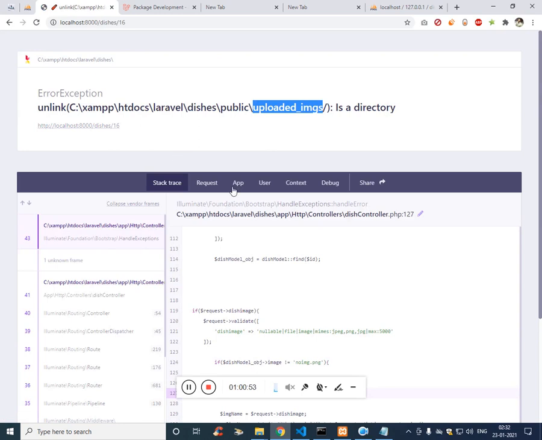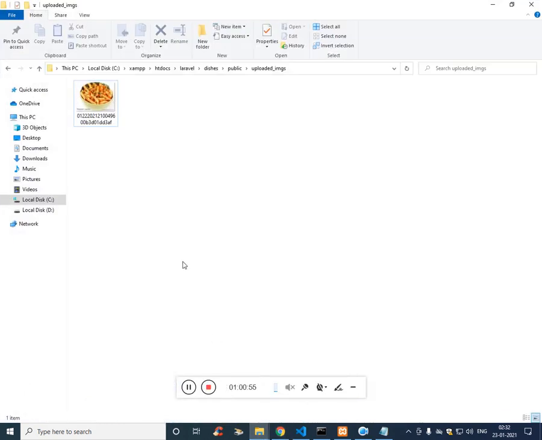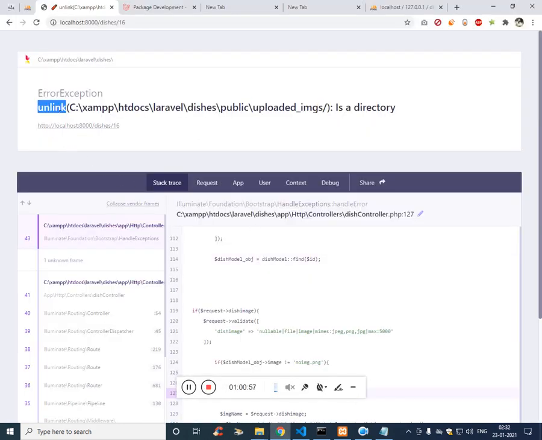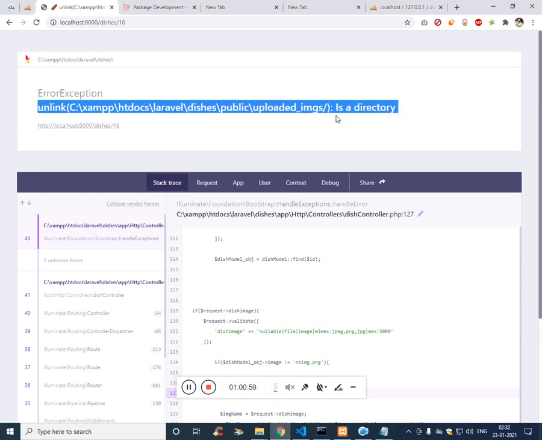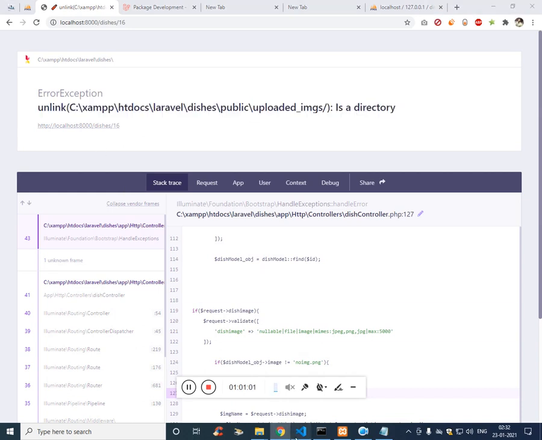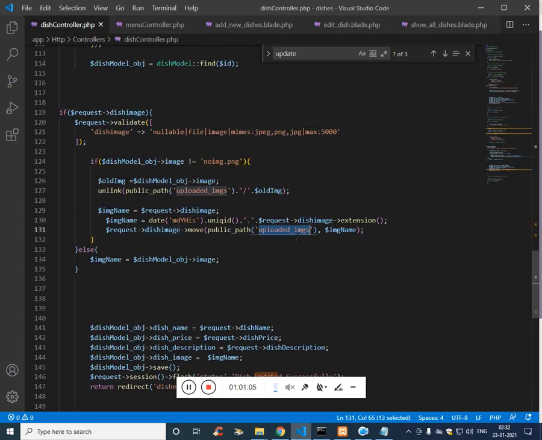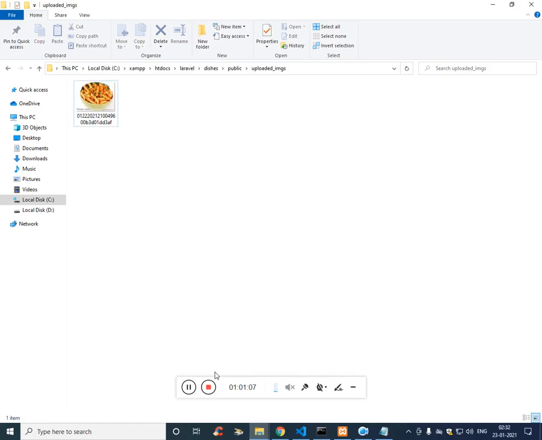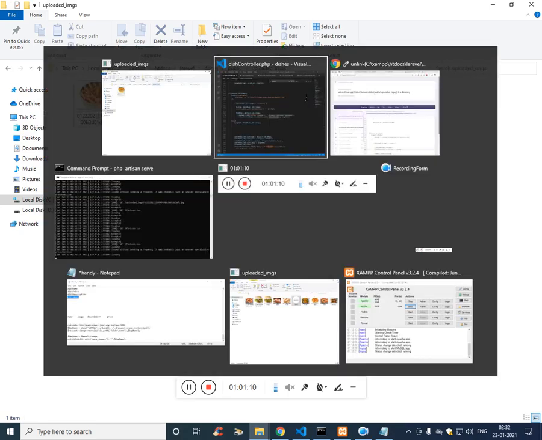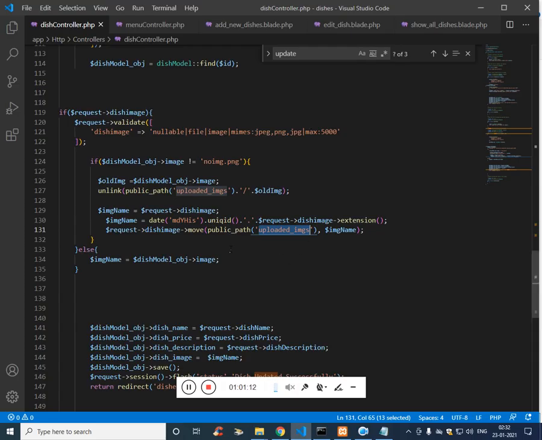Click on save. Unlink: is a directory. So let's check the folder name, uploaded underscore images. That is fine.